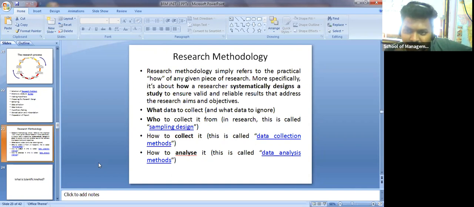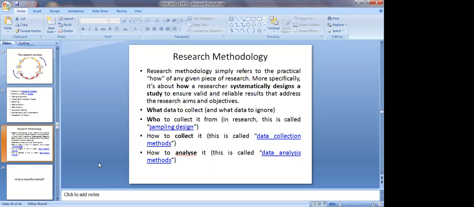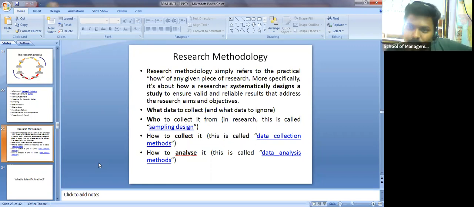Now, can any one of you please tell me, my sample or customer base or data collection, is it less than 14, or above 25, or between these two? Any one of you? Between 15 and 25, that's it. If it is 26 years, either a boy or girl, that sample is not included in my study because I already decided. Clear? Who to collect it from, where you are collecting, it is called sampling design. That is also included in the research methodology.